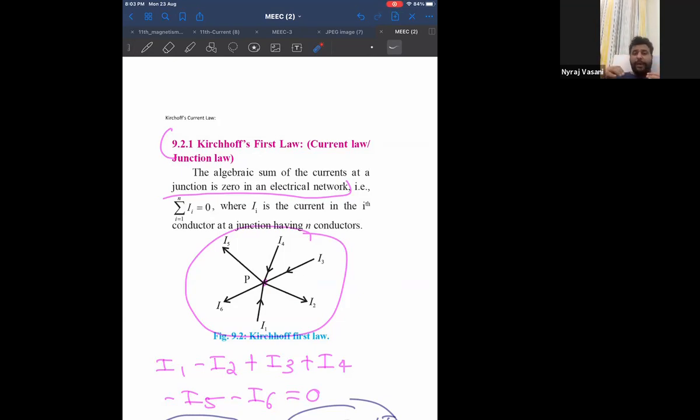Till you reach that point, you have to practice. This is the first time you are learning about it, so it is common that you will make some mistakes, no problem. Okay. We have been doing this for 13, 14 years, so we can do it. If you also are doing it orally, like total current entering is so much, leaving so much, then it is excellent because you have got the logic. Okay, it's like a puzzle. Very simple.